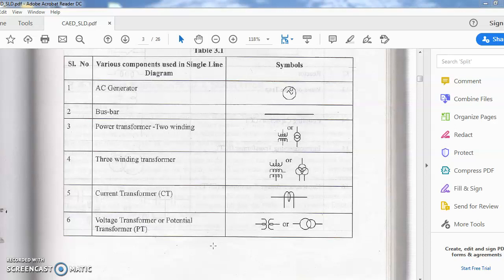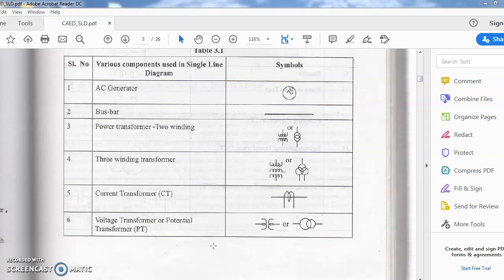What's the need for this single line diagram? It provides a fast and easy understanding of the connection and the location of the different components. The single line diagram of an electrical power substation shows the generator, transformer, incoming lines, circuit breaker, bus bar arrangements, outgoing feeders, gang operating switches, earth switches, current transformer, potential transformer, lightning arrestor, auxiliary transformer, interconnecting transformer and other metering equipment represented by certain standard symbols. So that is the single line diagram.